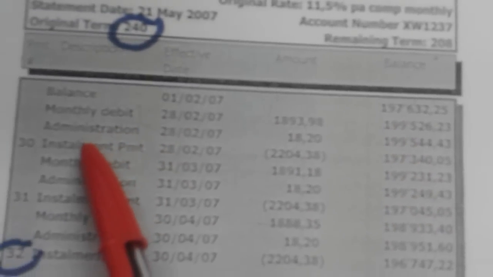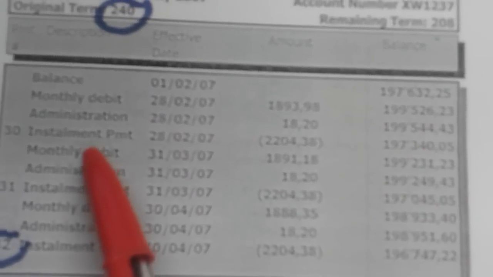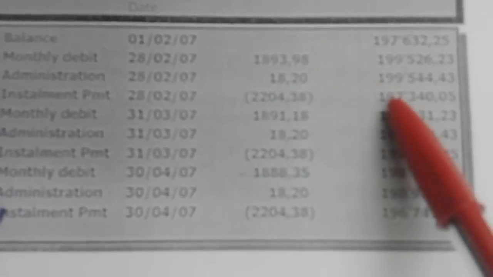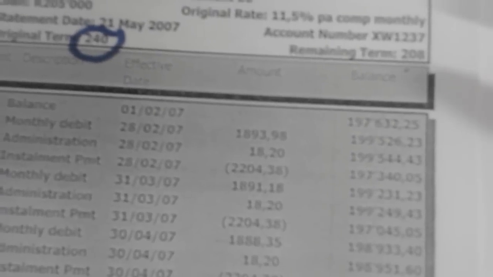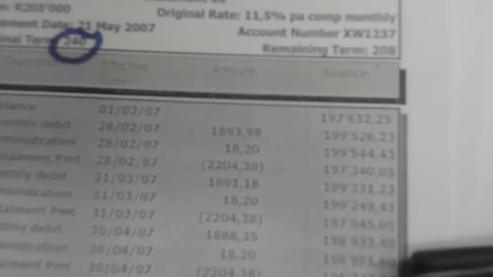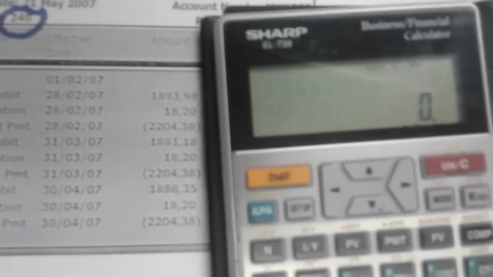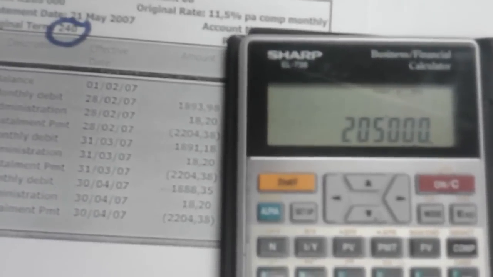Right, again same thing, admin 1820, balance getting bigger, and the installment payment is a negative and is getting bigger. Now quickly, before I go to the question, we want to quickly prove that payment of 2204, right? Based on the understanding that we've done before, let's quickly go 205,000, which is the original amount given there, is